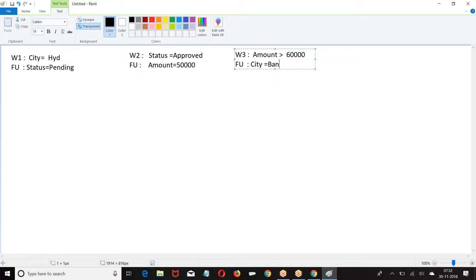These are the multiple rules I have given. So what was this? When city equal to Hyderabad, status equal to pending. When city equal to approved, amount equal to 50,000. When amount is greater than 60,000, city equal to Bangalore. So we have 3 workflow rules, 3 actions.